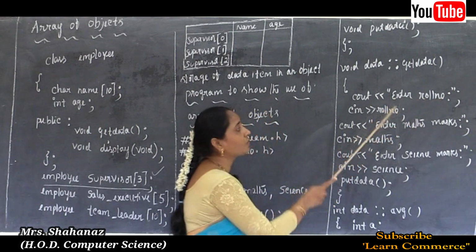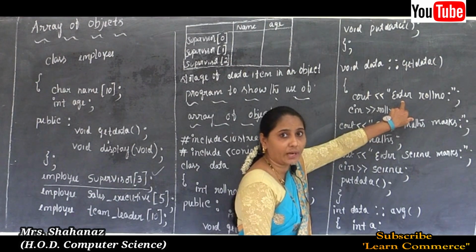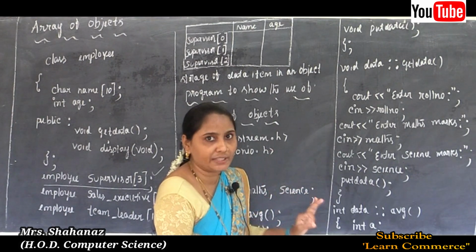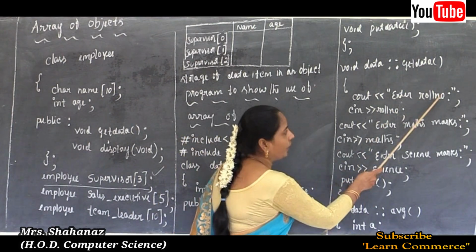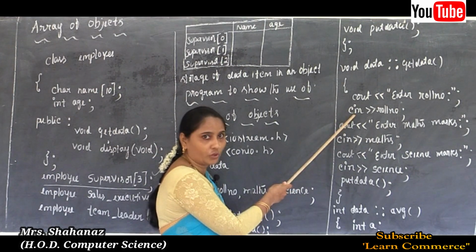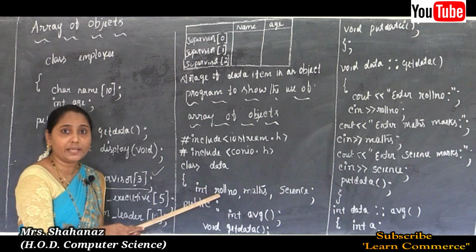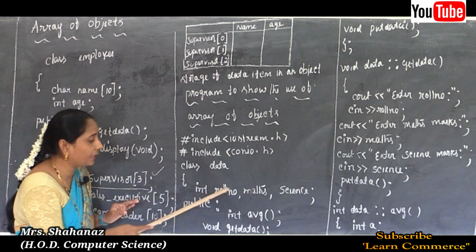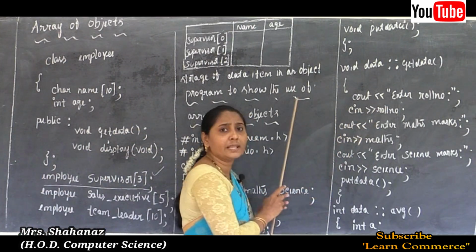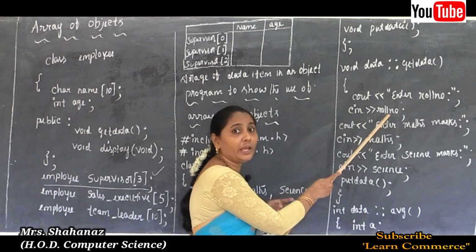So why is this? Because this message I wrote by using double quotation. Anything you write by using double quotation, we know, is going to display as a message. So the enter roll number, and this cin, we know that the full form of this cin is the console input. And how did I declare it? The roll number I declared by using small letters and no space in between. So like that only I need to write in our cin member function. So console input, I am going to accept the value for the roll number.